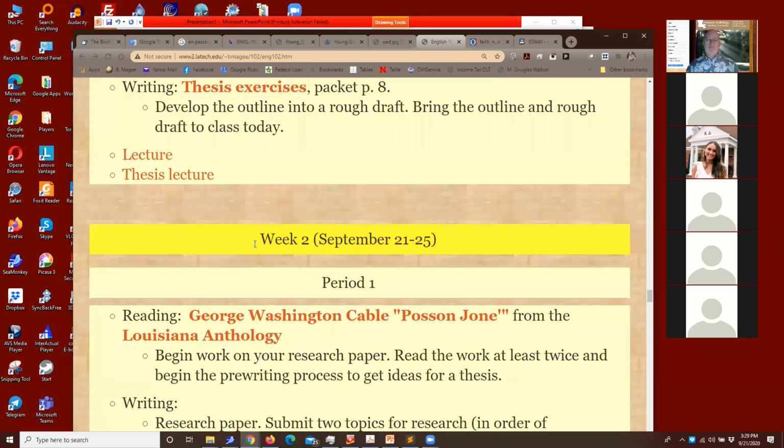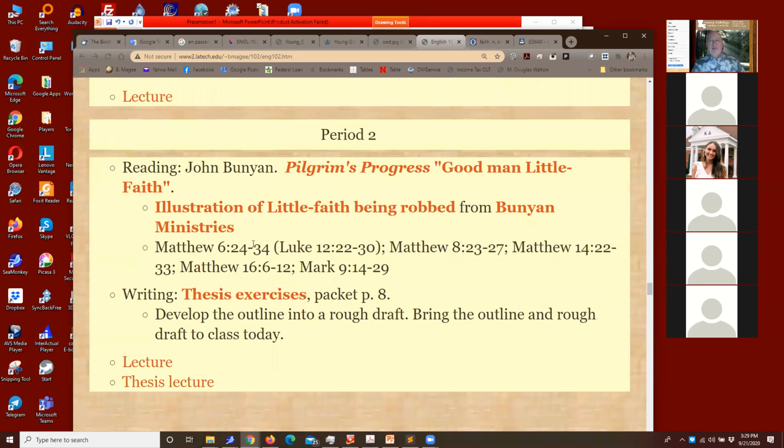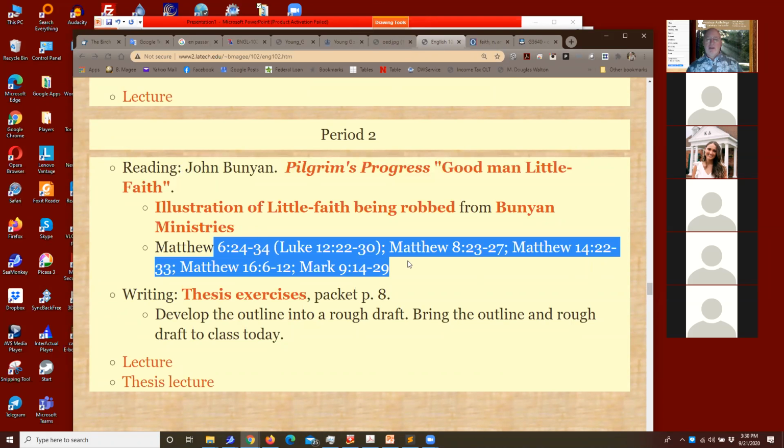So anyway, if you want to write about this, you can write about it as a standalone thing. Little faith in Matthew and Luke, little faith in Pilgrim's Progress, or you can compare the little faiths from the various stories to talk about what is the meaning of faith of poor little faith, especially in Hawthorne. How does that help with the understanding of the story? So there's some different ways you can write about it. You just have to come up with a thesis statement. What am I trying to prove? And then you could either go back through Pilgrim's Progress, you could go directly back to the biblical stuff, or you could choose another way to write about it.